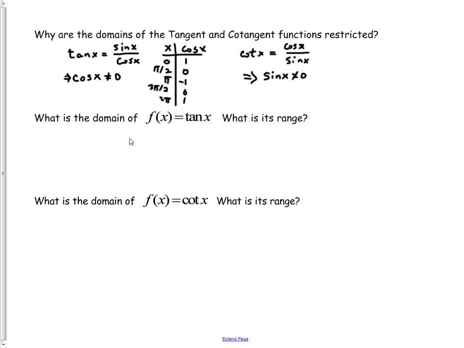So what's going to happen for tangent of x? Well, any place where cosine of x has a 0 is going to be undefined, and that means for us odd multiples